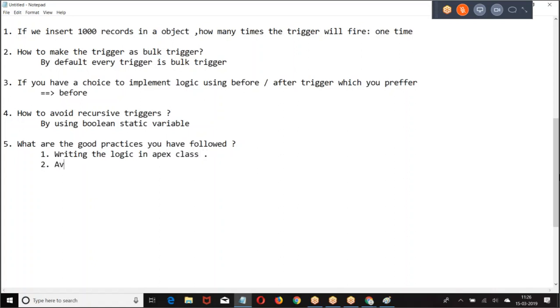Then avoiding SOQL and DML in a loop. Then preferring before wherever there is a possibility. Okay. What is the next one that we had?